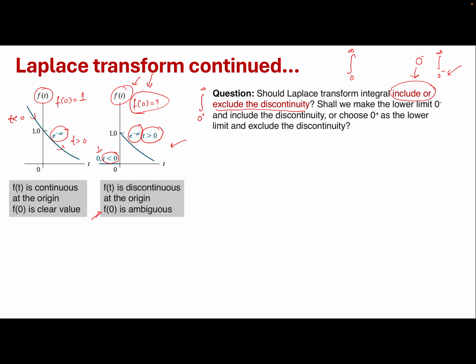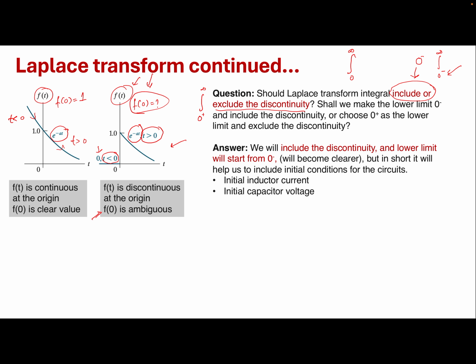Anybody? I wish I had been asking this in person. Yes, we should include the discontinuity because in circuit analysis we care a lot about initial conditions as well, initial inductor current, initial capacitor voltage. So when we apply a unilateral Laplace transform to the time domain signals in our RL, RC, RLC circuit analyses, we are going to consider not only a unilateral transform, we are going to include any such discontinuities at 0 or switching time. So our limits of integration are going to be 0 negative to infinity,